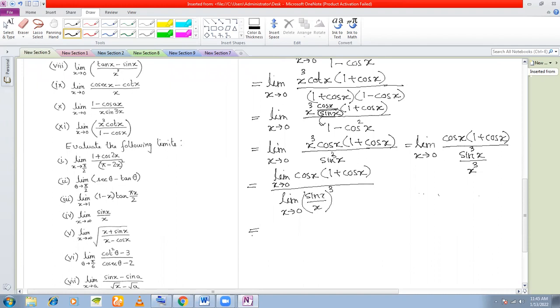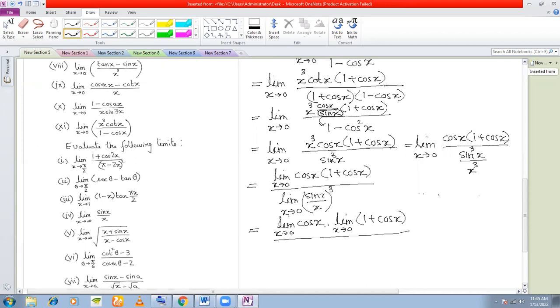Now you know that limit x tends to 0 cos x is 1. So in the numerator, you can further distribute the limit over this product. So you can write this as limit x tends to 0 cos x into limit x tends to 0 1 plus cos x